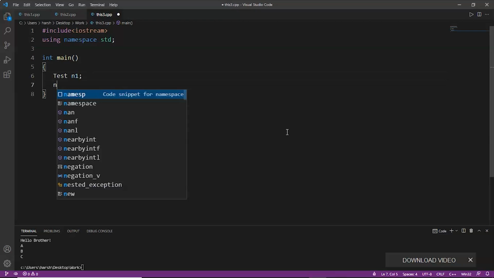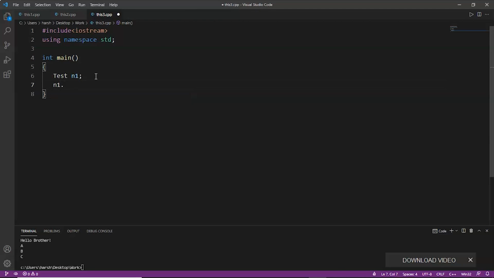Let's say the name of the object n1 and the name of the function, let's say, is assign, and we are passing 100. And now we'll chain up display function with it. So this is method chaining. Now we'll write return 0, and now we'll start with the class. So class name is test,